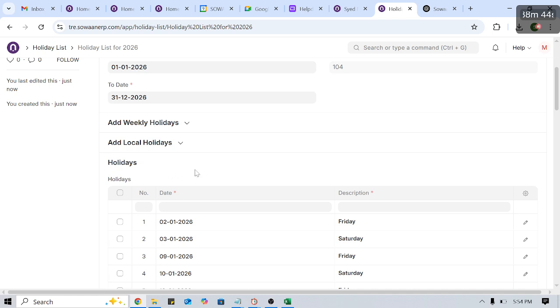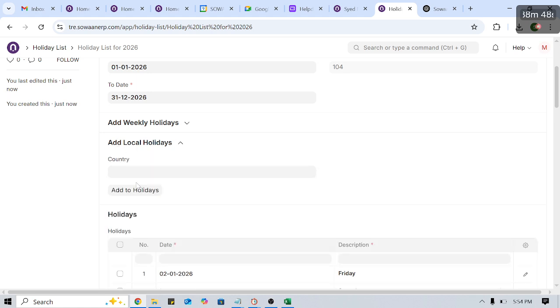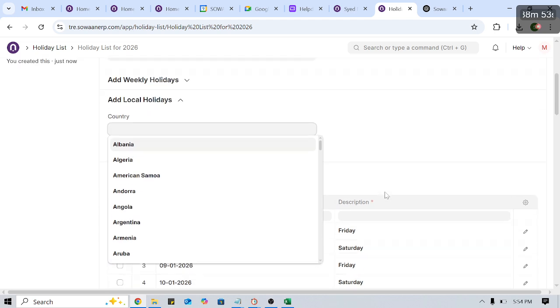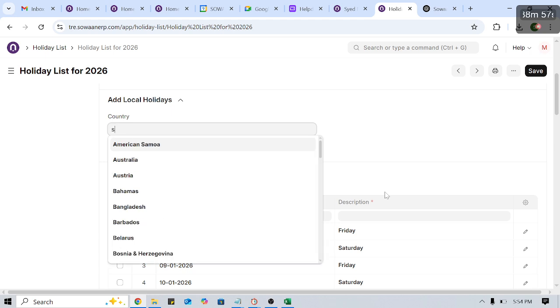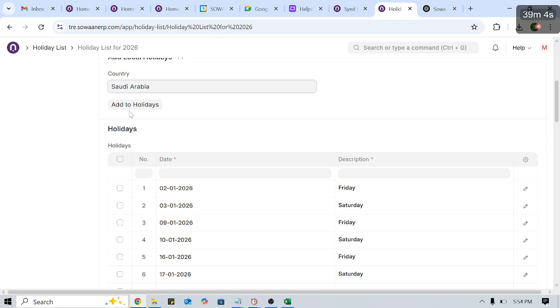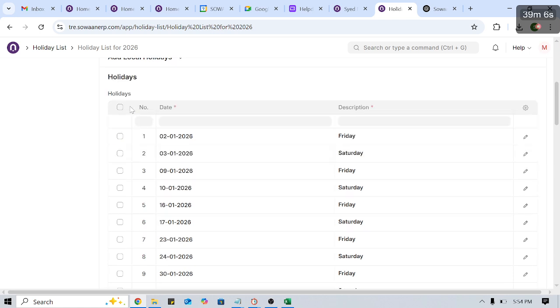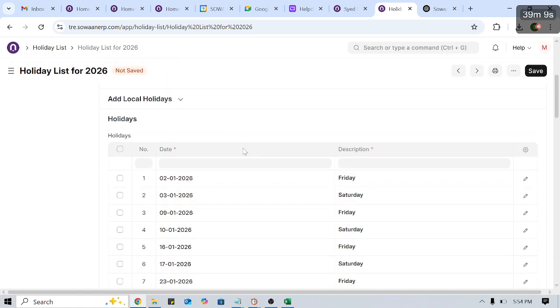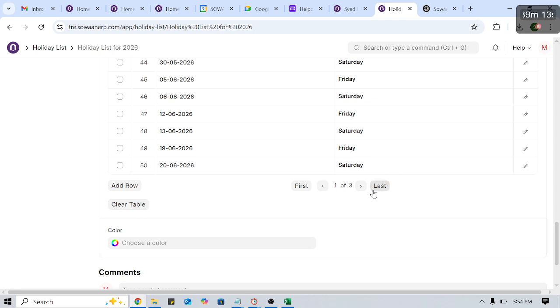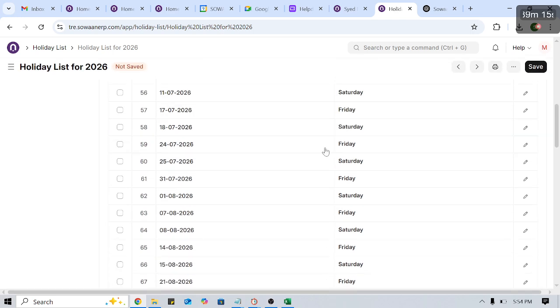Now the second thing is adding the local holiday list. For the local holiday list we will come here at Local Holiday and we will select the country. For example, if our organization is in Saudi Arabia, we will select Saudi from here and then press this Add to Holidays. So it will be adding all the national holidays of Saudi in our list,